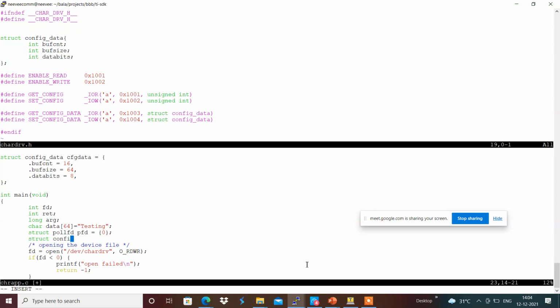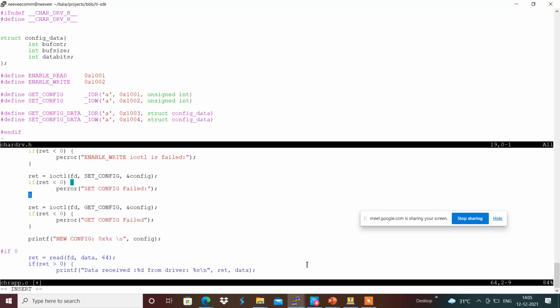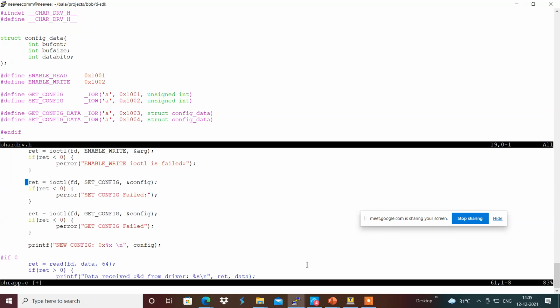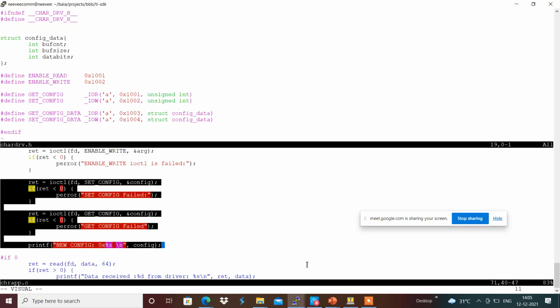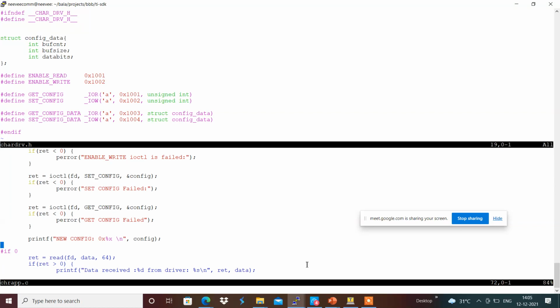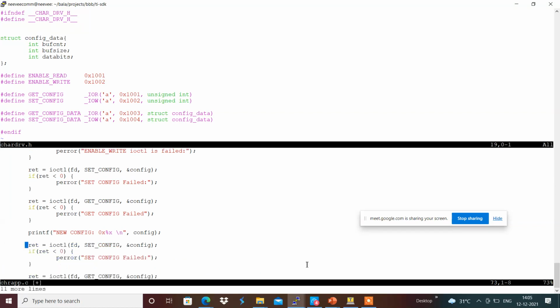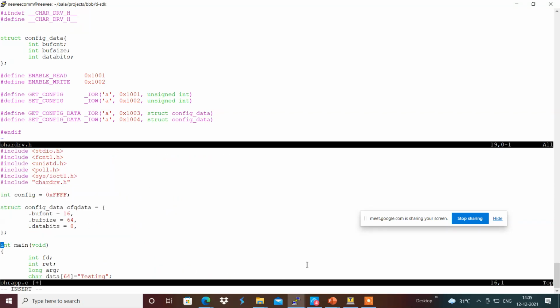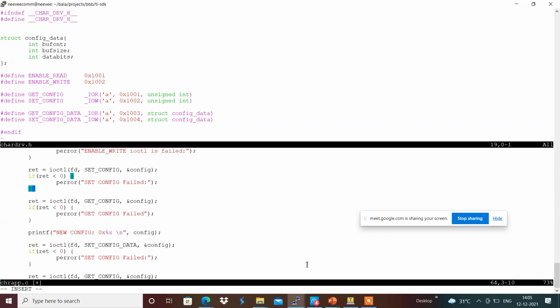I'm going to copy this one, set_config_data, where the CFG data that we are going to pass, and we will be getting the temp CFG.